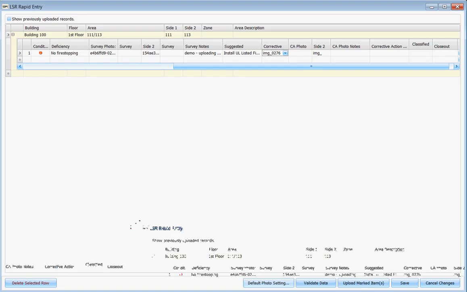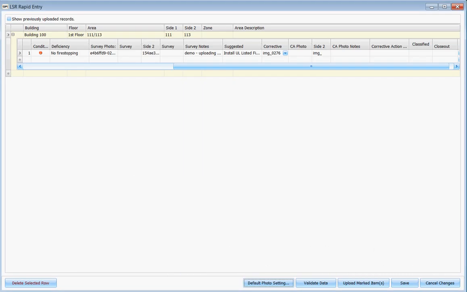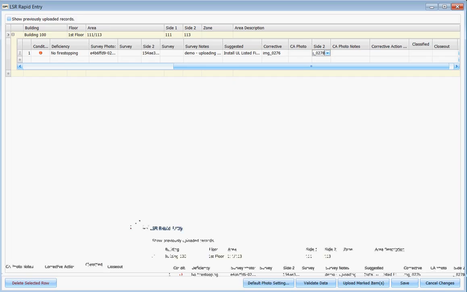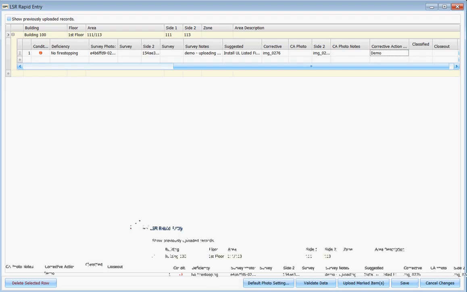One thing I forgot to do was verify my default photo settings, which I'm just going to do quickly now, and I can see that yes, this is the right folder. I'm going to now enter my side 2 photo, 0278, and that was not the correct image, so let's try 0279. There it is. Make a corrective action note so it'll appear so we know we're dealing with the right one. Demo